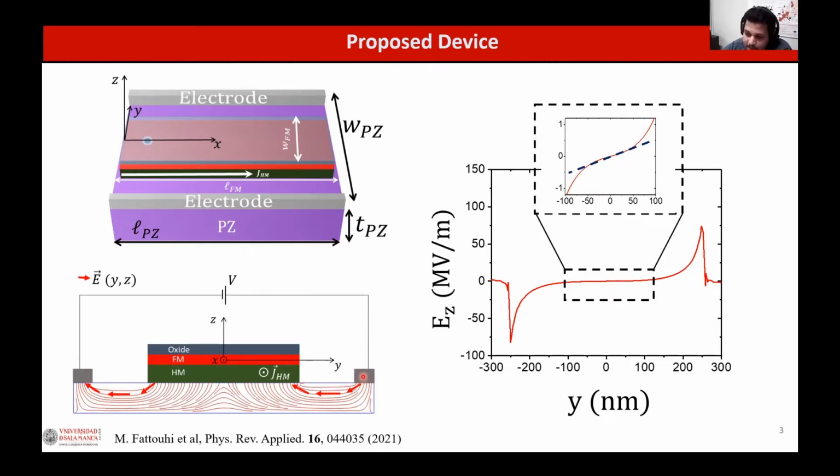As you can see, the field is highly non-uniform, going from negative to positive, and then, if you can see it, it goes inside the heavy metal. This is because the heavy metal is a conductor by nature. To see clearly how the field is non-uniform, we plot the E_x component of the field along this line, and this plot shows how the field is changing sign from negative to positive. Even if the center of the field curve looks flat, if you magnify it, it's not flat, of course, and could be approximated like a